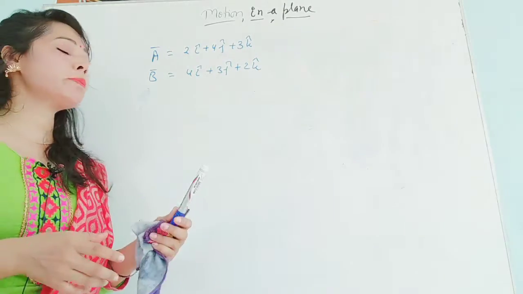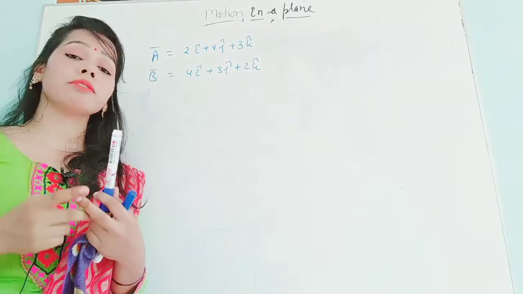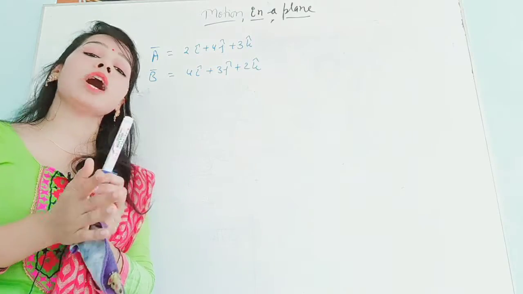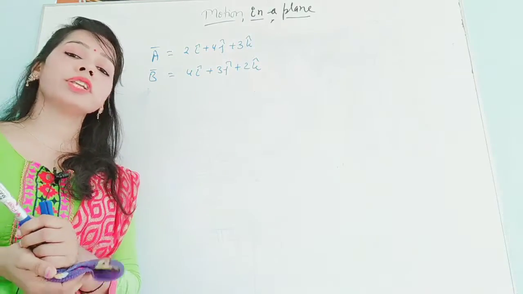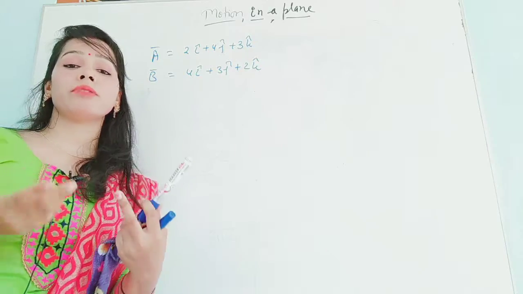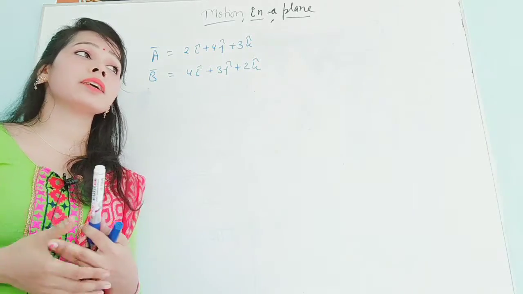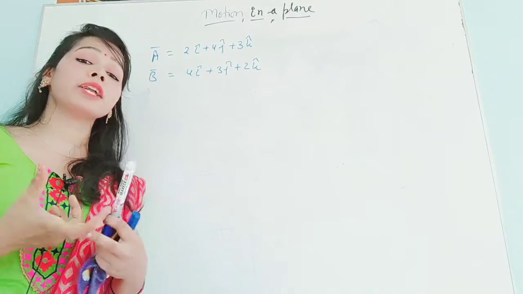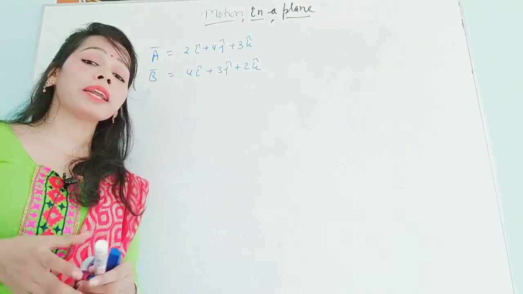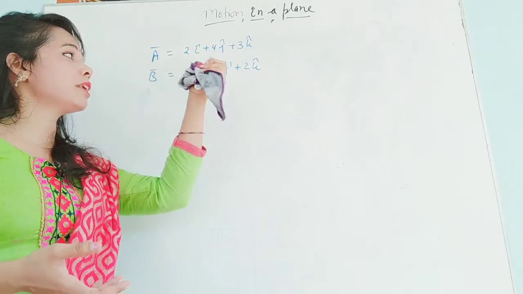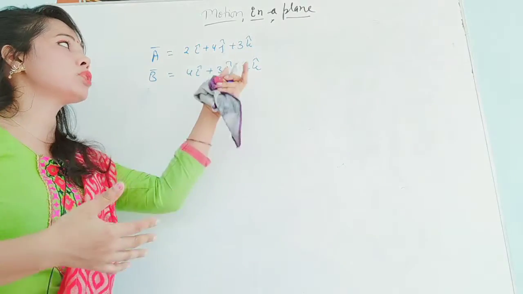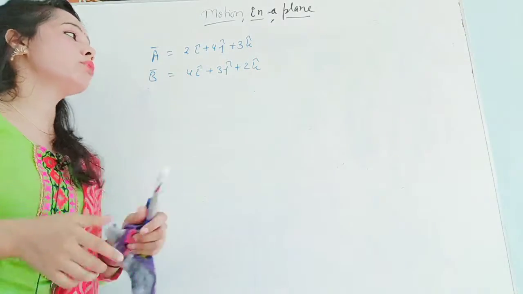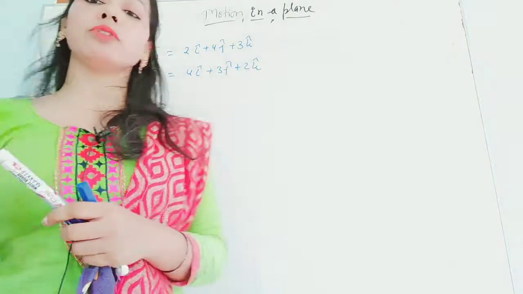Now I have explained that if the magnitudes of two vectors are given and the angle between them is given, then you can find the dot product, like the work done, and other scalar products also. But if the magnitude and angle are not given, and the vectors are given in vector form, like 2i plus 4j in terms of their unit vectors, then how can you find it? For that, I will explain some formulas.